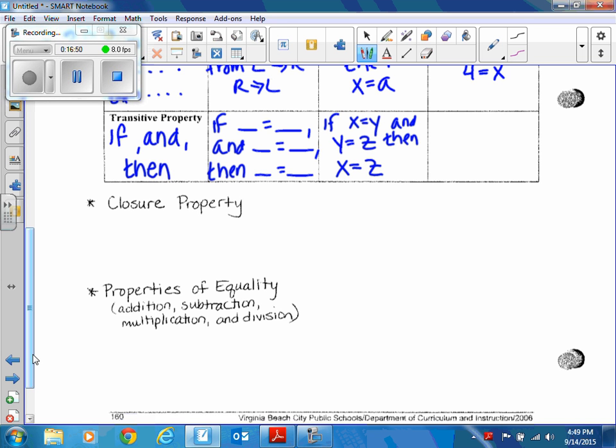And if A is equal to 3 and B is equal to 3, well then A has to be equal to B. Okay? So these other two properties we're going to get into at a later date. Since this video is already running over 17 minutes, I'm going to talk about those briefly